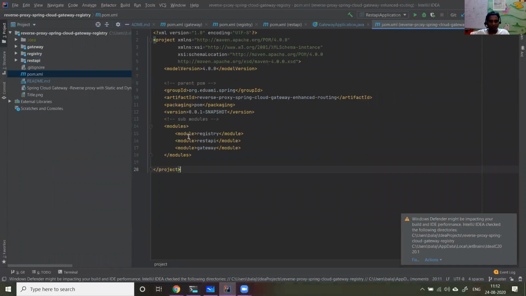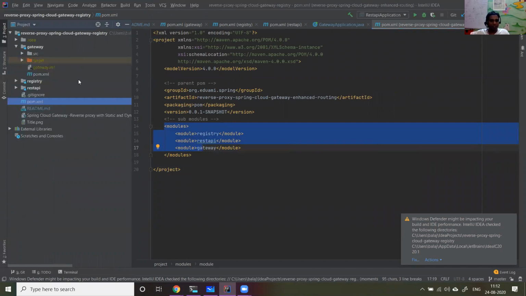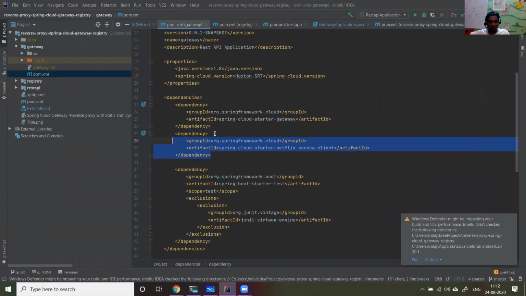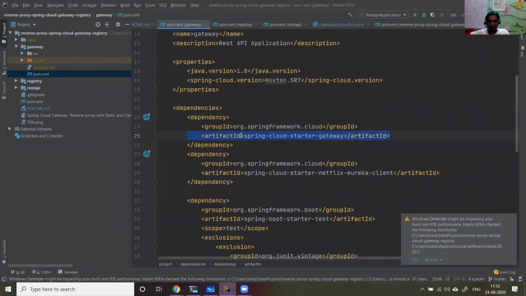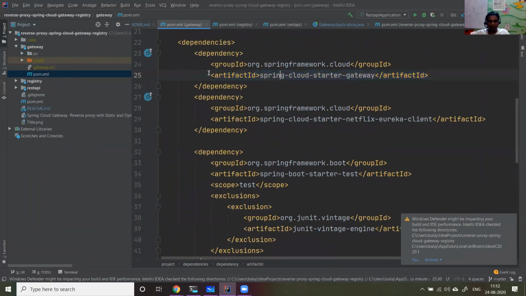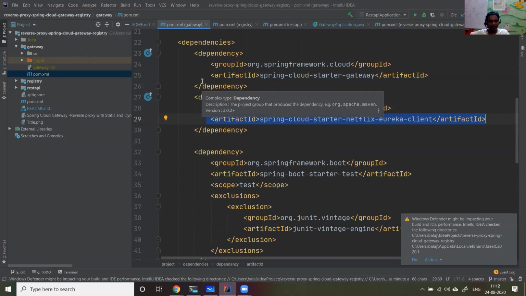This is a multi-module Maven project. I think if you download this code and play with it, you get everything ready. What you need to know is that these are simple Spring Boot applications with dependencies. So for the gateway, what do you need? You need a Eureka client and Spring Cloud Gateway as a dependency, plus a Eureka Ribbon client. These are the two dependencies. If you have them, you've got a gateway ready.